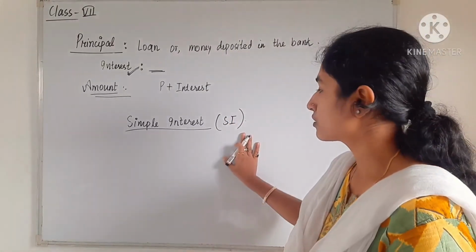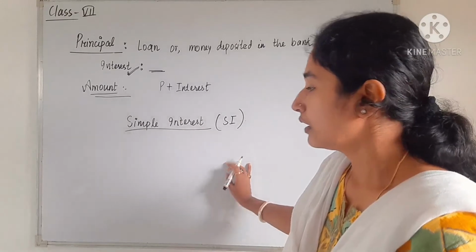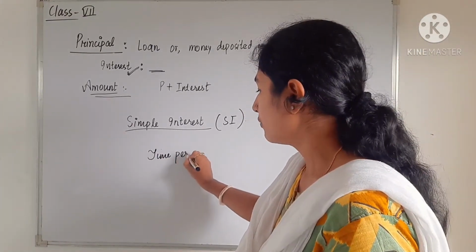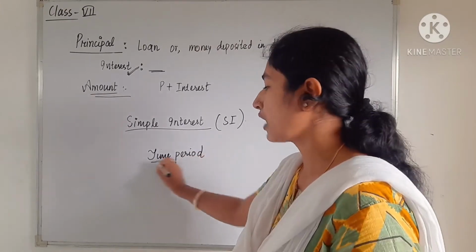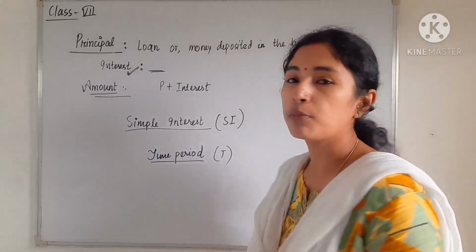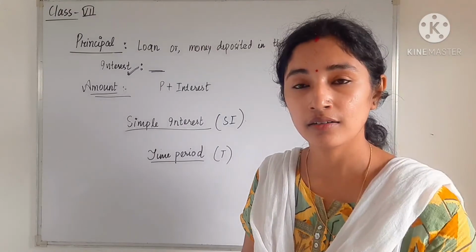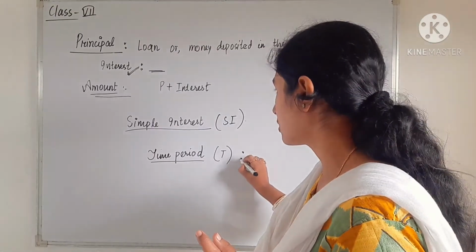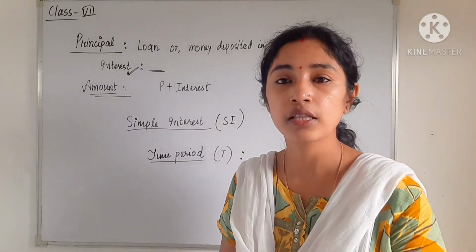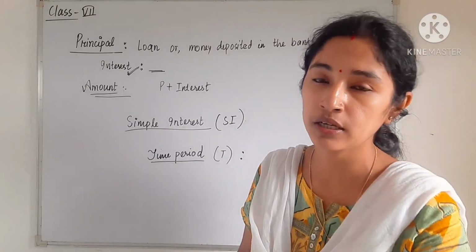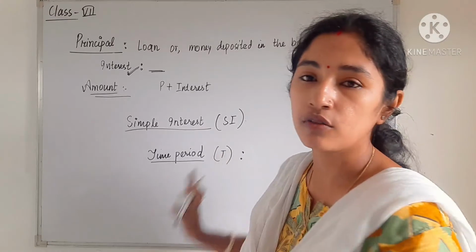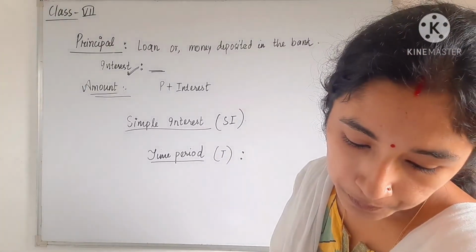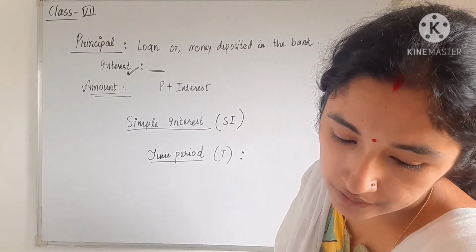Now there is a time period. What is time period? For a fixed period of time we want to deposit that amount, so that time is called time period. Suppose, as in the example I already gave you, for 2 months I want to deposit the money in the bank, so here the time period will be equal to 2 months. Similarly, the next is rate percent.